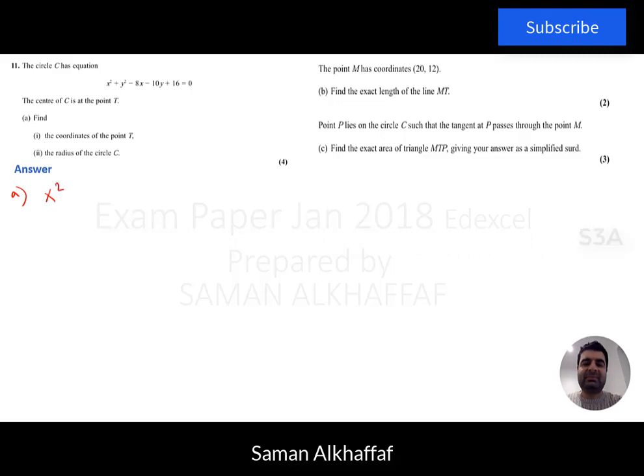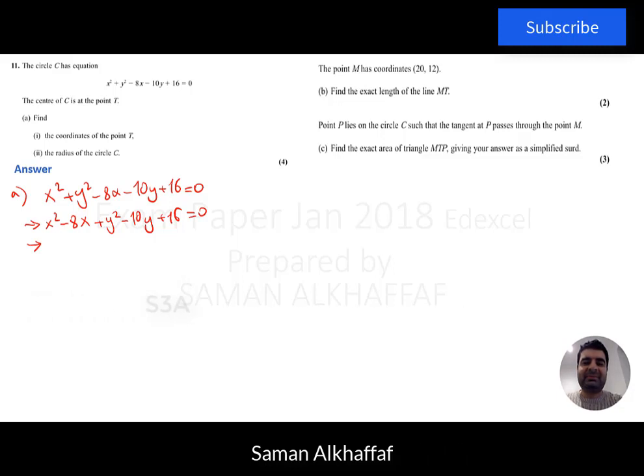So we start by first writing the equation of the circle. We have x squared plus y squared minus 8x minus 10y plus 16 equal 0. Now we will first rearrange the expression so that the x's are grouped together and the y's are grouped together. So we can rearrange this to x squared minus 8x plus y squared minus 10y plus 16 equal 0. And then we will rearrange this again,